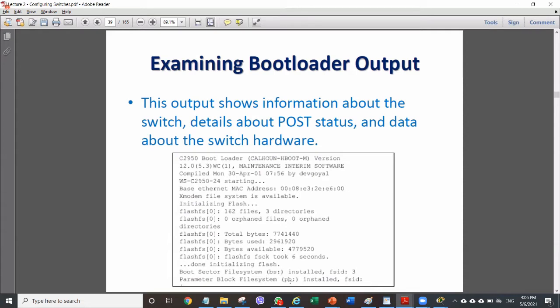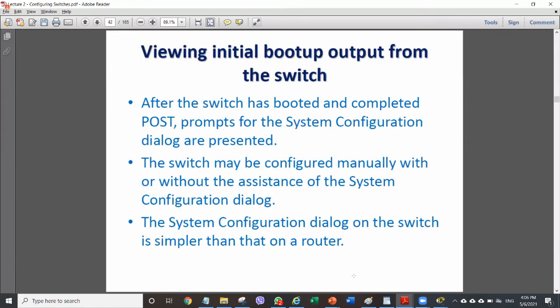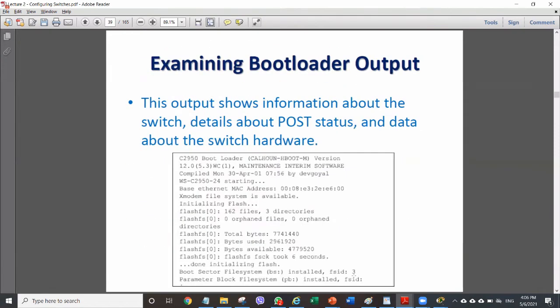Parameter block file system, pb install, fs id, sorry. Whatever the detailed information is there, but I cannot exactly find where the POST status is available. Can anyone find that particular line, like POST pass or something in our